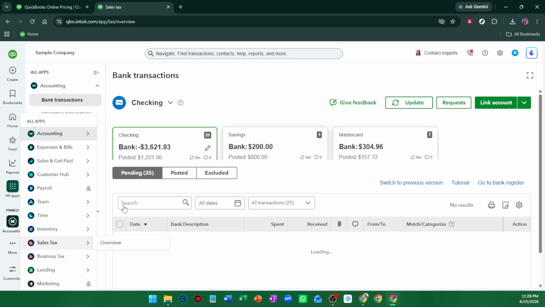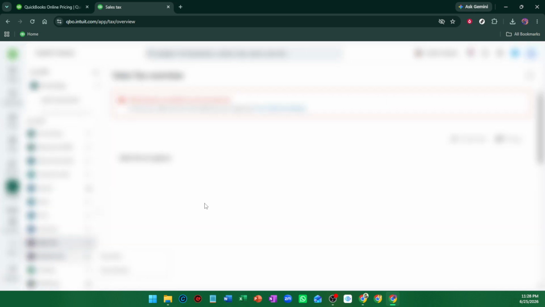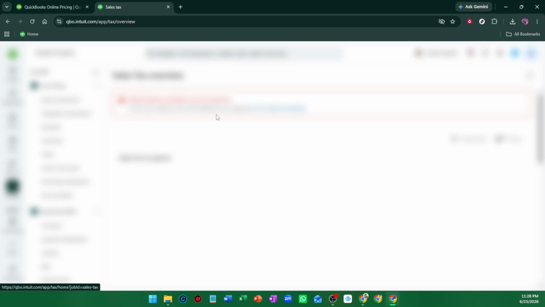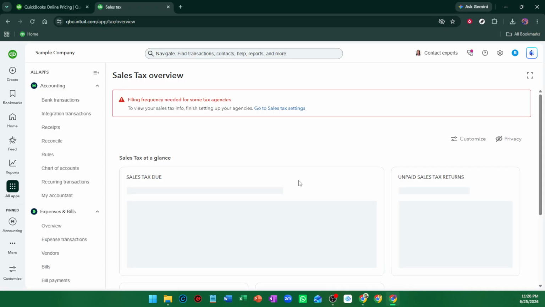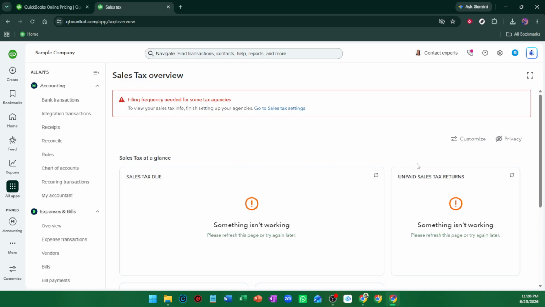Next, verify your business address carefully. This part is important because QuickBooks uses your business address to determine your default taxing jurisdiction. In other words, it helps the system identify which sales tax rules should apply by default. Take a moment here to make sure the address is accurate, since even a small error can affect how taxes